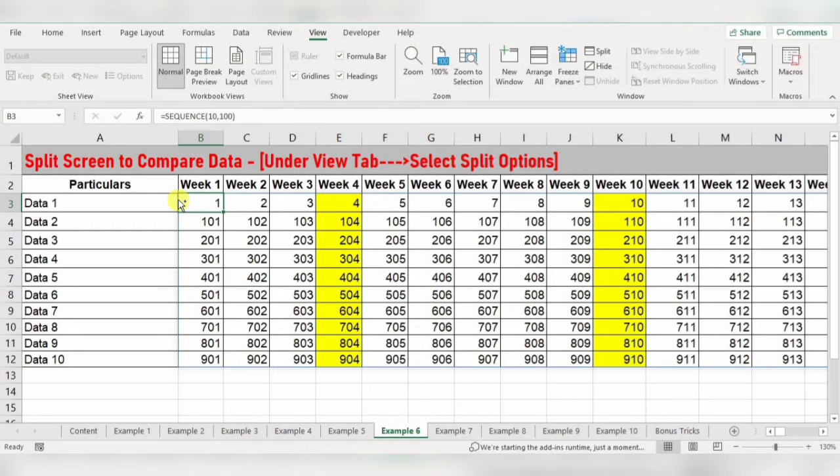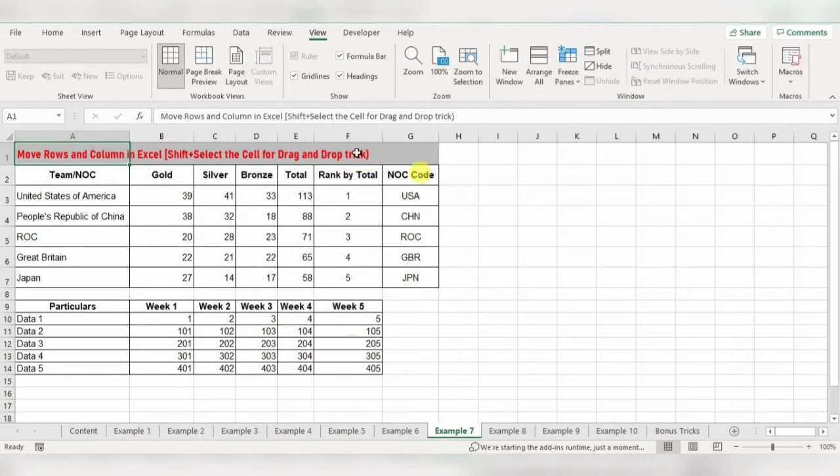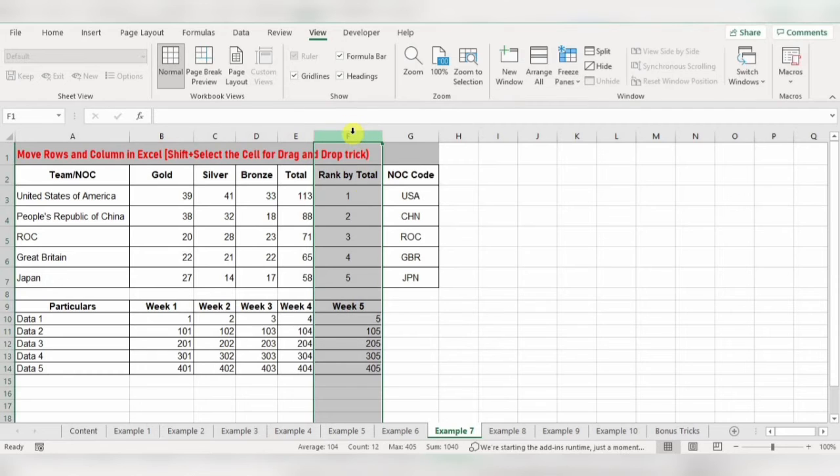Let's see example number 7. Move rows and columns in Excel using the drag and drop trick. Now I want to move rank by total in between team name and gold. Normally we will cut